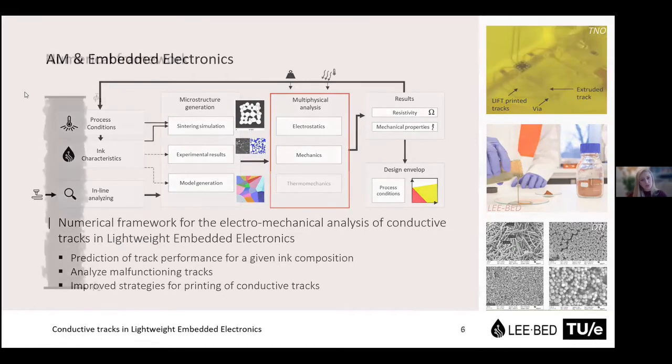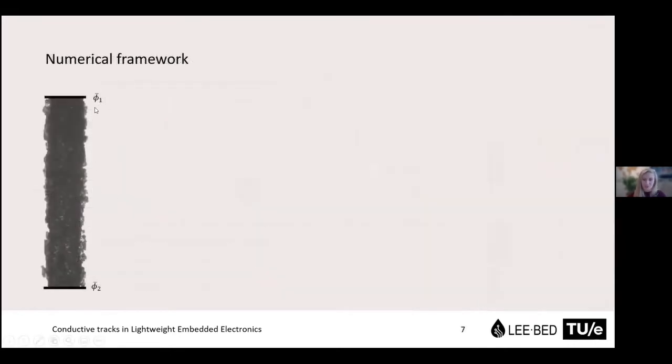So to introduce the numerical framework to you, this is the typical scientific numerical framework that we are currently working on. We can think of a certain conductive track that interconnects two electrical components in an embedded product. Over that track, a certain electric potential difference is introduced. And if you then load this track with a displacement due to, for example, a temperature range or